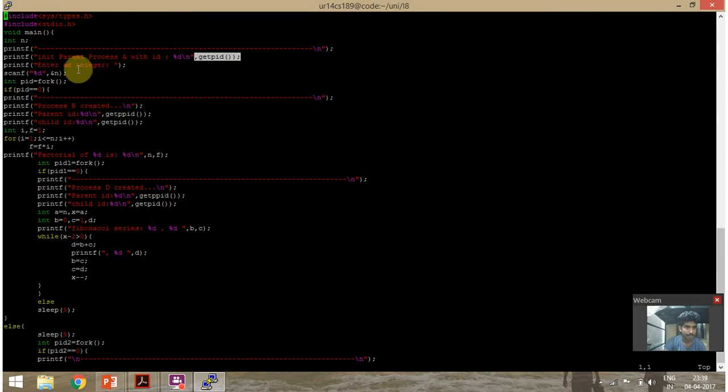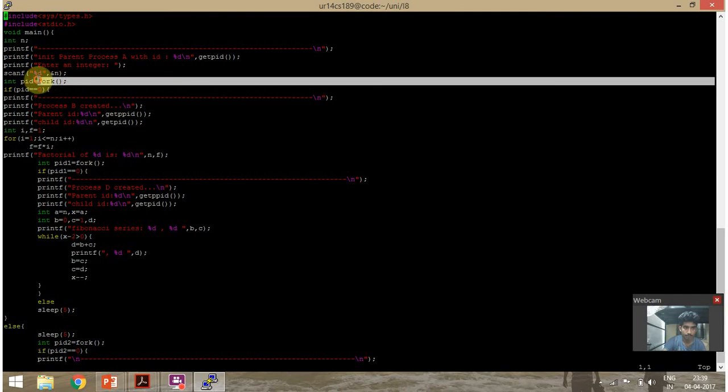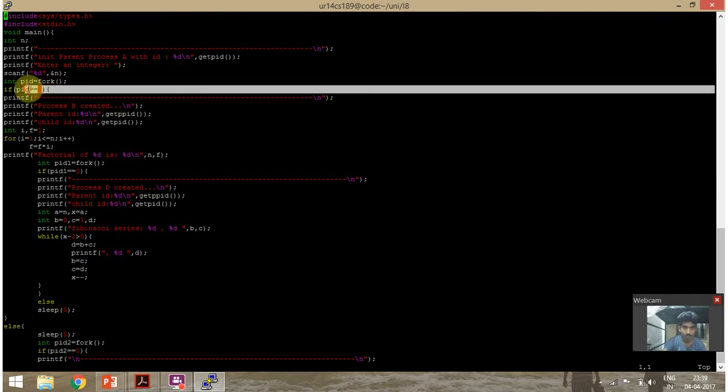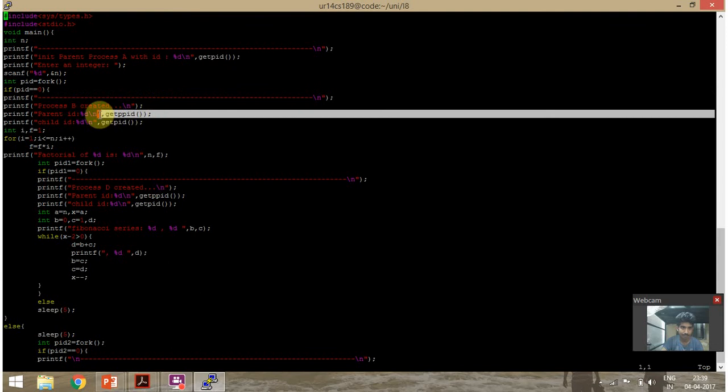We have to enter a digit, which is stored in n, and using the fork function, we check whether pid is equal to 0. If so, process B has been created, and the parent ID and child are shown by the getpid function. We initialize f is equal to 1,